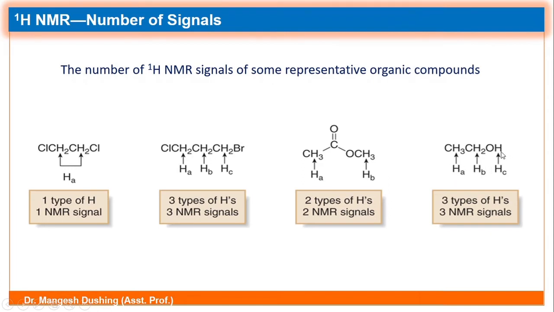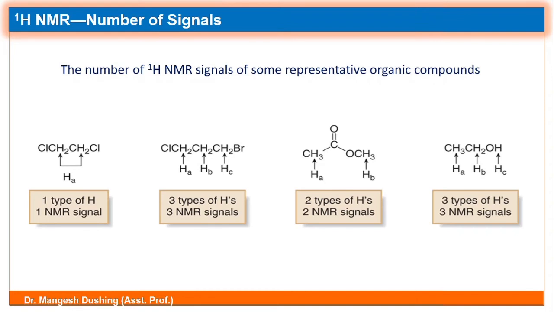While this hydrogen, this is also a proton. This is attached to the oxygen. There is no other proton attached to the oxygen. So all these three are different. So it will give you 3 types of proton, HA, HB and HC. So there are 3 types of protons. It gives 3 different NMR signals in the NMR spectrum.